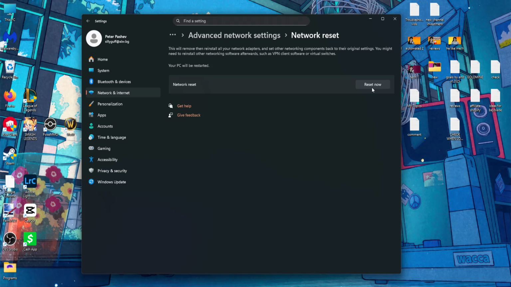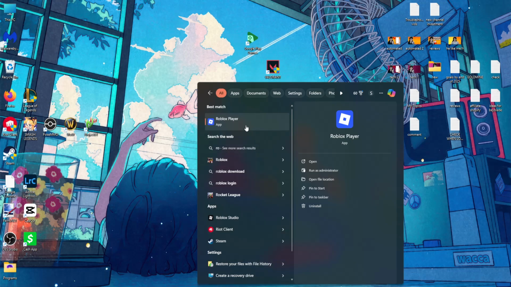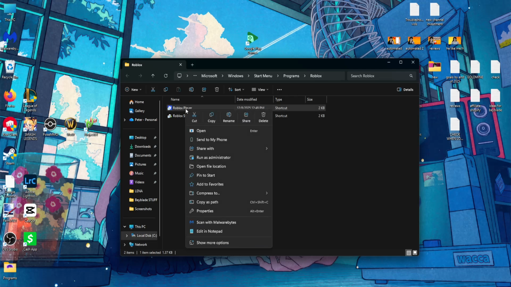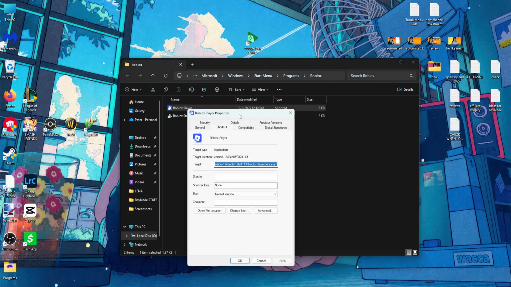If it doesn't work, then you can hop back onto this video and we'll proceed to the second method, which is going to be searching for the Roblox player. Right clicking, open file location, right click on the Roblox player again, show more options, go into properties, then you